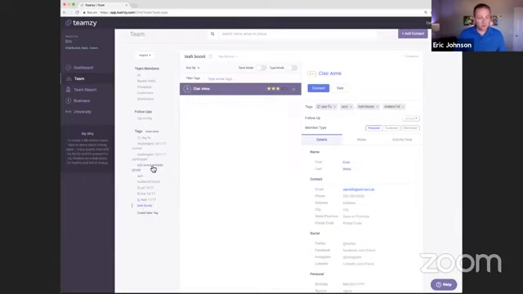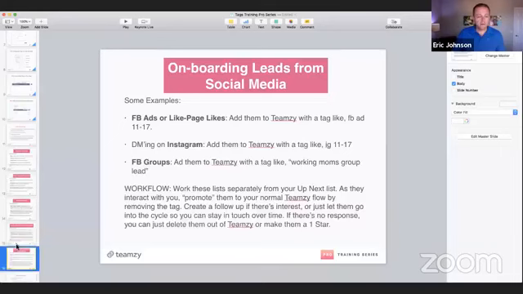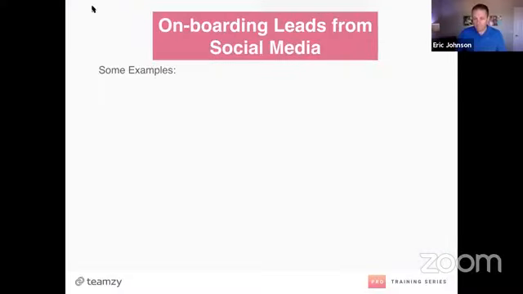Oh, here's a group, Cub Scout Parents Group. So maybe these are people I'm meeting in a group. So I've got these groups and these are people that I'm hoping to meet, right? I kind of keep them separate with tags until I have some sort of a relationship with them. Make sense, you guys? Again, it's really an easy way to group people as you go.